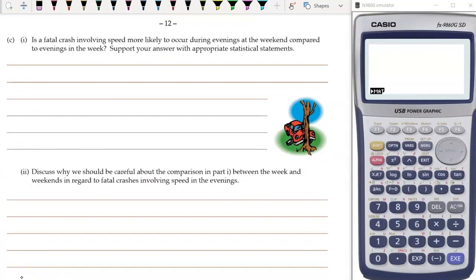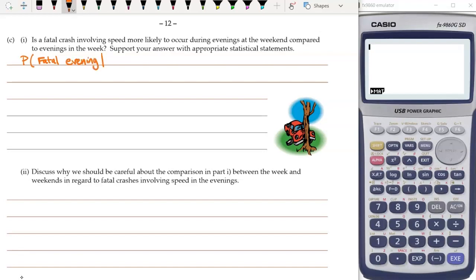Okay, for part C, we have some conditional probability to compare. We want to know, is a fatal crash involving speed more likely to occur during the evenings at the weekend or the evenings in the week? So let's start with working out each of those probabilities. So the probability of a fatal evening crash, given that it's happening in the week,